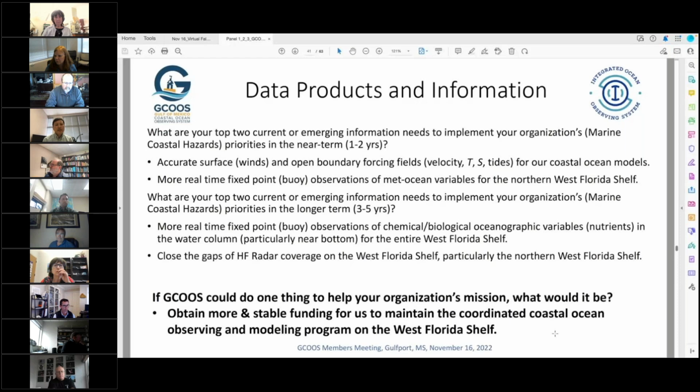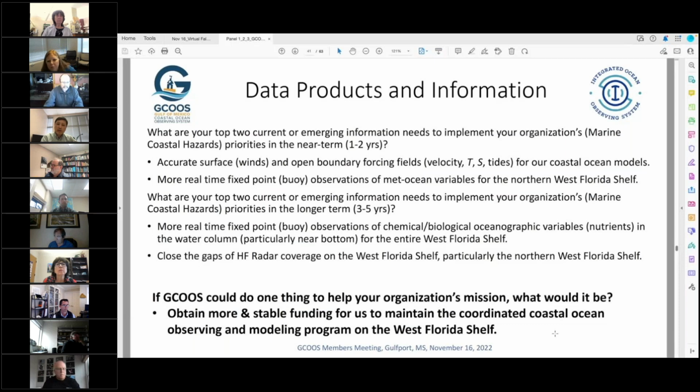So for the next 2 years, I would think the need for our group will be to have better surface wind products and open boundary forcing so that we can improve our coastal ocean circulation models. Like I said, it'd be good to add more moorings in the northern part of the Western Shelf. Right now, there's a gap over there. For the longer term, I would think